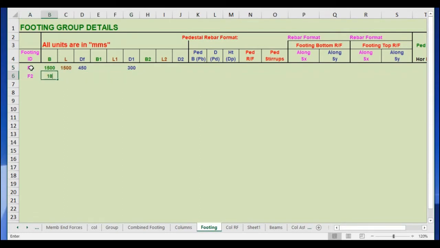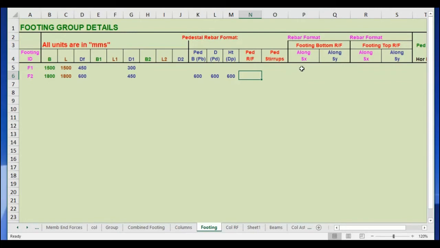F2 size I am assigning 1800 by 1800, 600 mm depth. Tapered depth, assigning 450 for F2. I am assigning pedestal for F2 600 by 600, 600 mm depth.